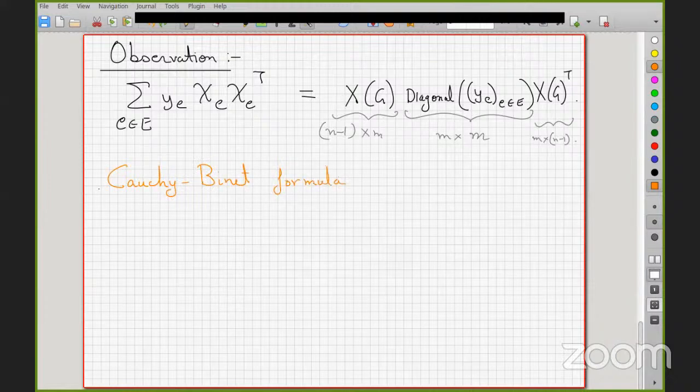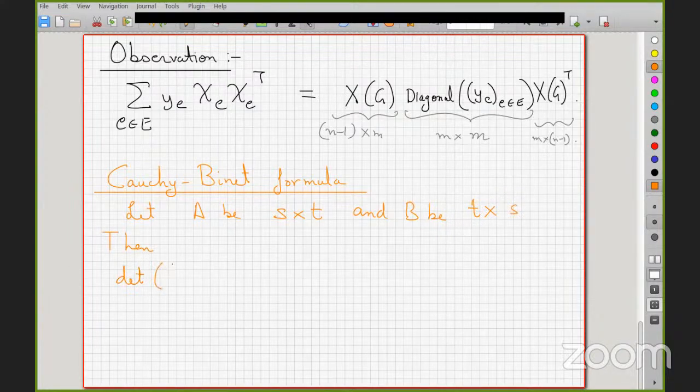It says the following: let A be S cross T and B be T cross S. Then the determinant of AB, which is an S cross S matrix, is given by